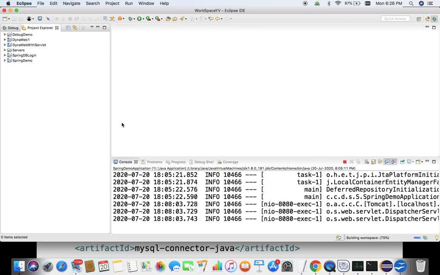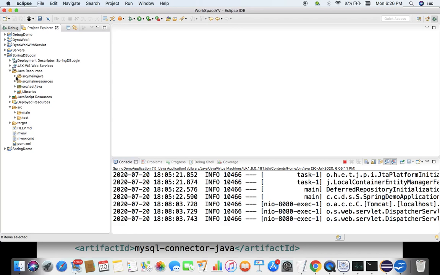So here it is going to be built. Here we have this src folder where the JSP files exist, and here is the Java resources where we had the main class and the servlet class with the controller which we have created previously.